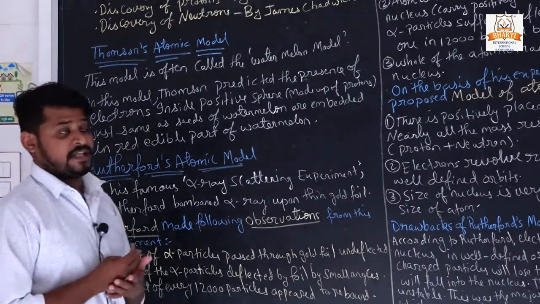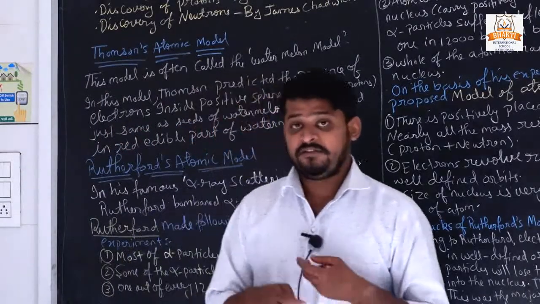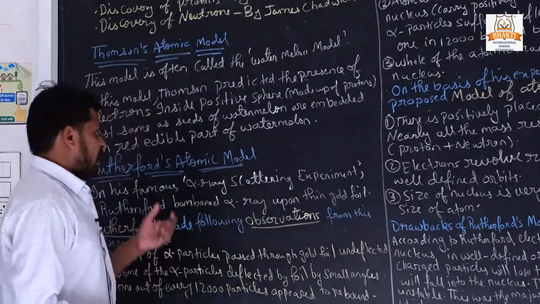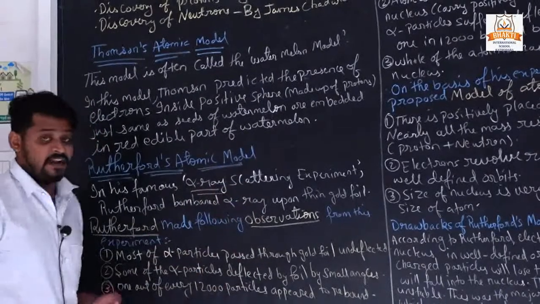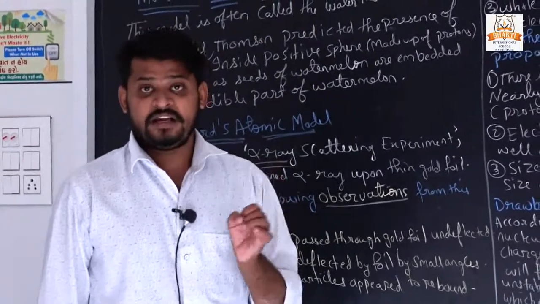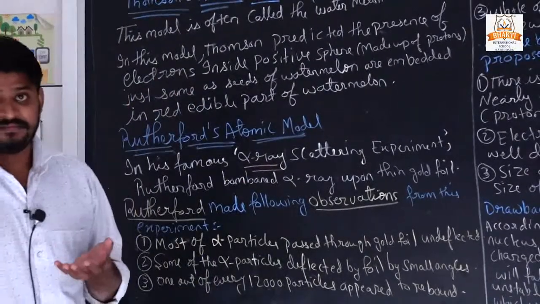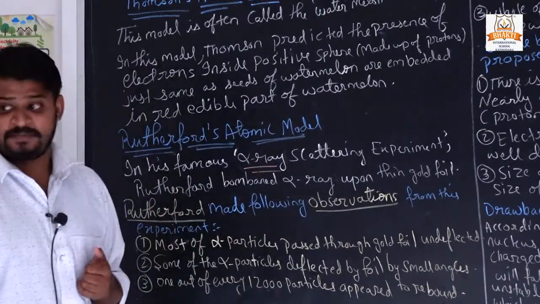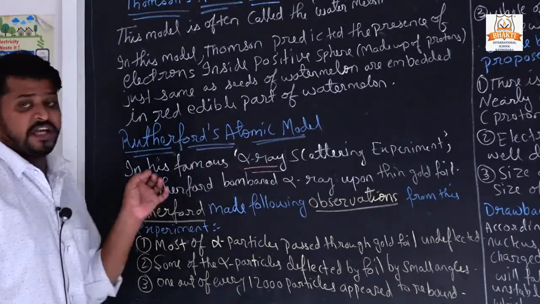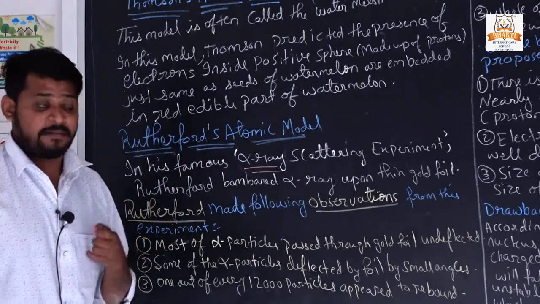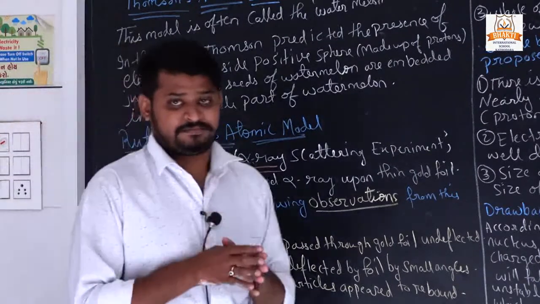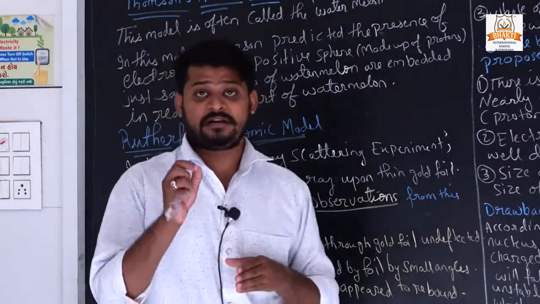To give us the explanation of the atomic model, he also did an experiment. In that experiment, Rutherford took alpha particles, meaning alpha rays. What is an alpha ray? A double charged helium atom. It was heavy. That's why for this experiment Rutherford took alpha rays. What was the name of the atomic model's experiment? The alpha ray scattering experiment.